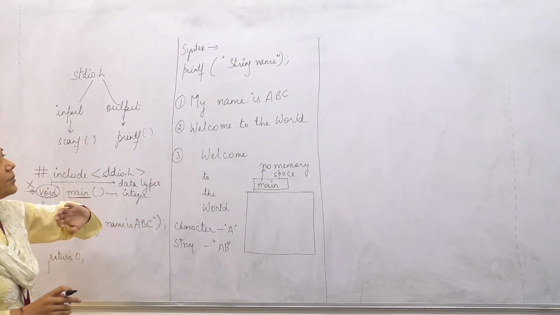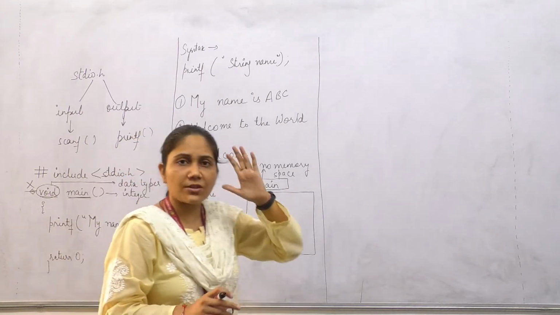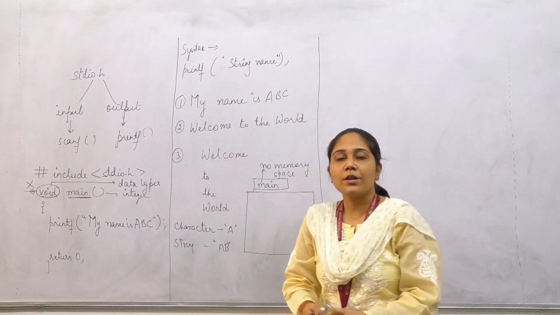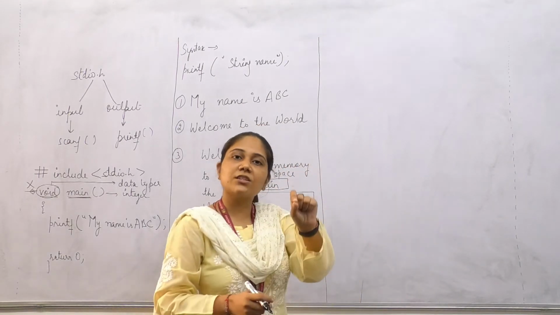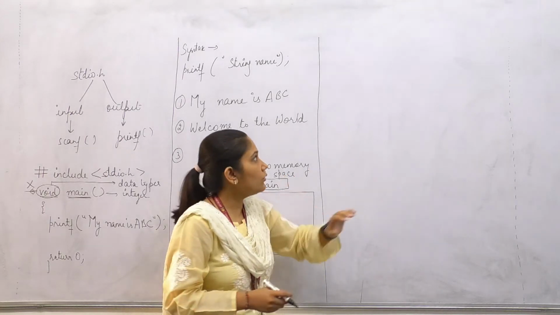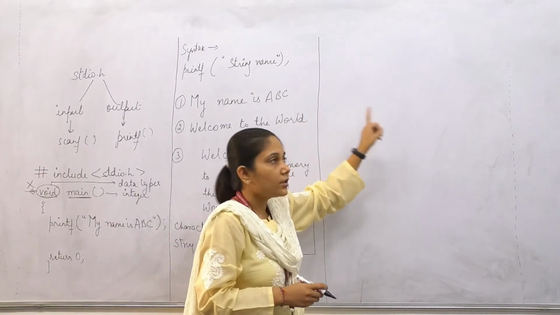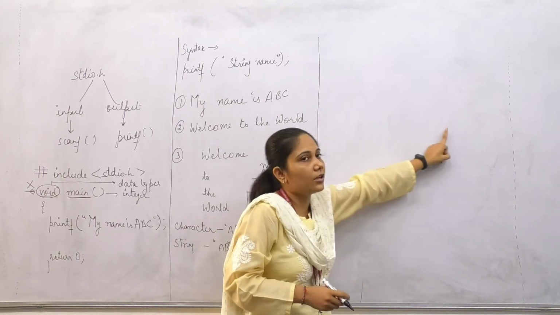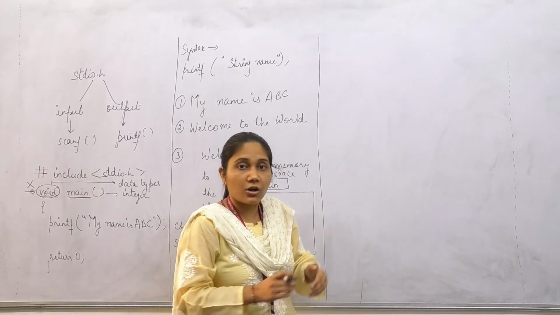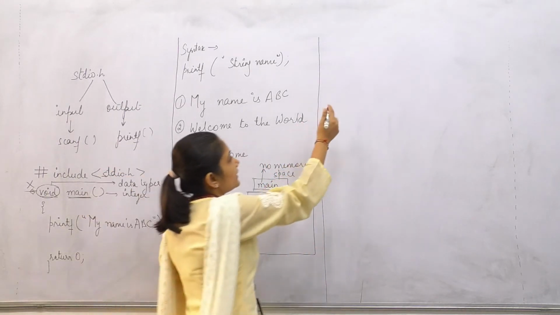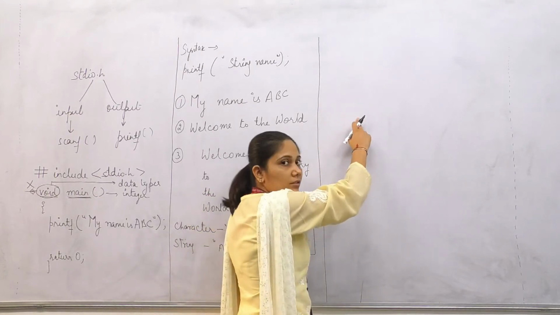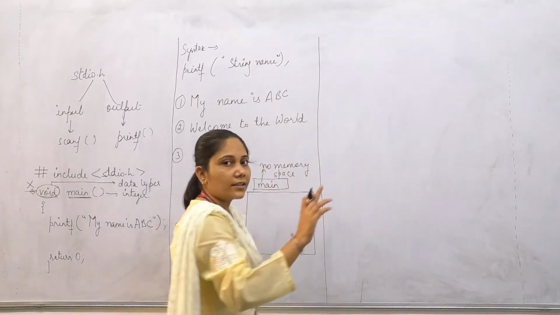Now the second statement is, in the same program, suppose I want to write something else. Now see, in the English language, when you are writing something in your notebook, and your teacher asks you to write 10 sentences on some topic, what will you do? First line, first point. Second, second point. Third, third point. It means that every next line you are writing a next point. It should not be like this, that suppose my sentence ends in the second line, you are not going to start your second statement from the same line. You will be starting it from another line.